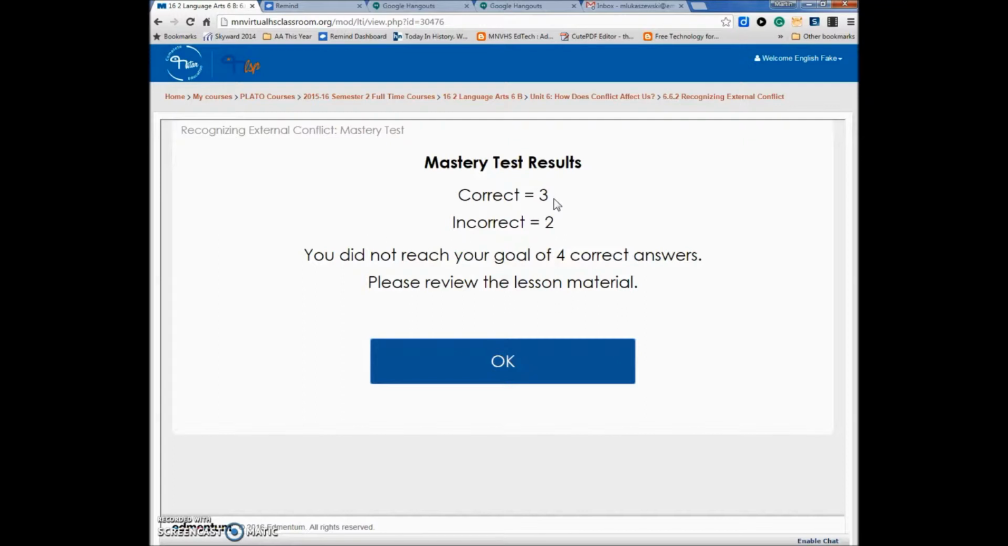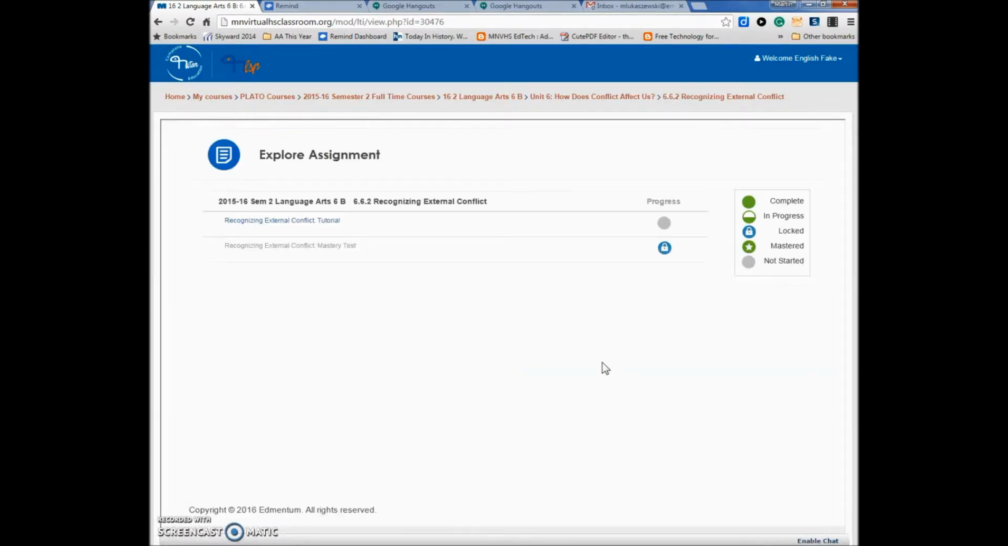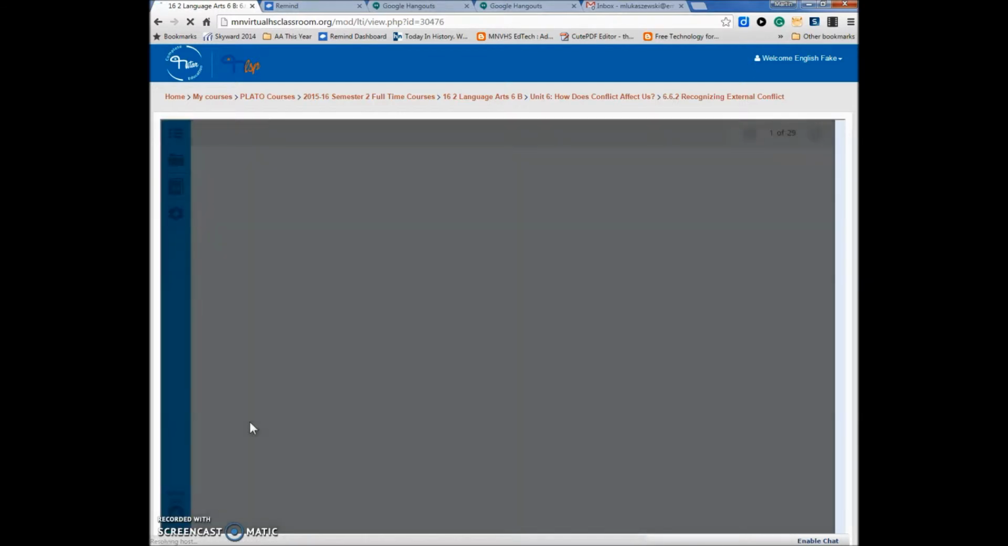Now, it tells me I had 3 correct, 2 incorrect. I did not reach my goal of 4 correct answers. Please review the lesson material. So, okay, I'm going to have to review the lesson material. I can no longer get in to that assignment. I have to go into the tutorial and view it. Once I have completed the tutorial,